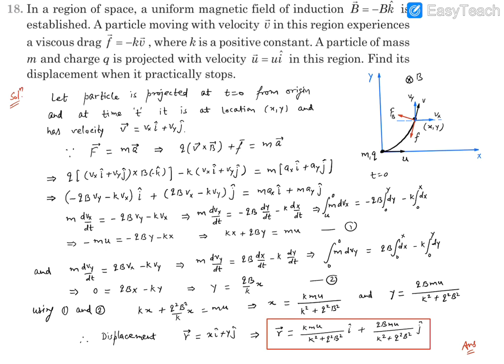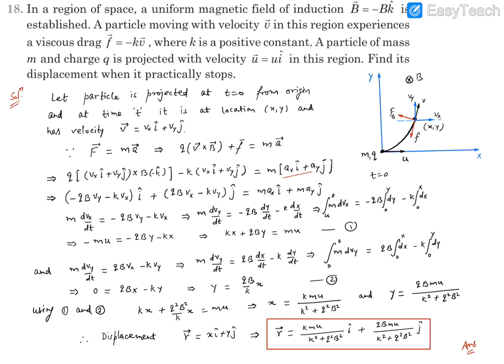Furthermore, the net force acting on this particle is going to be the force due to the magnetic field and the viscous force. So we can write the net force, the vector sum of these two, must be equal to ma. Now in q v cross B, we can put the value of v, let's say vx i plus vy j, and B is known to us. The drag force is also known to us, so we can put the value of v as a vector. Acceleration can again be written in terms of x component and y component.